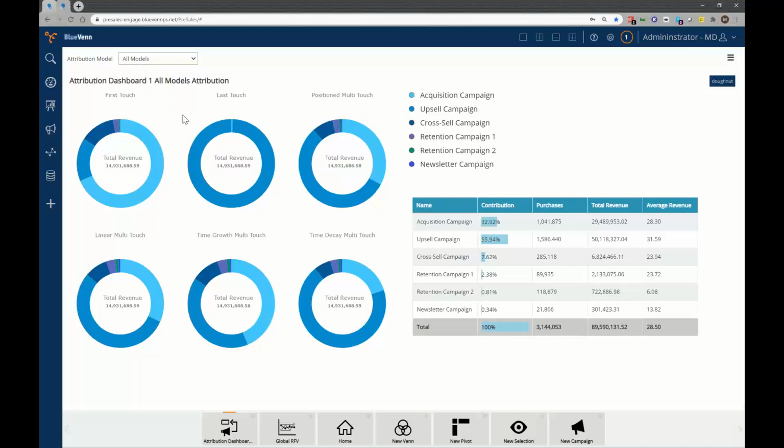But because we have all of the different models within here, we can use things like first touch attribution to understand the best channels to engage with people initially. What's that initial hook to get them talking to us as an organization? Last touch, where we want to look at what's the tipping point to get them to convert. And then there are all of the different multi-touch algorithms as well that can be used,